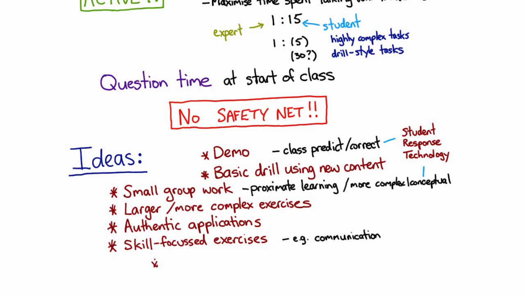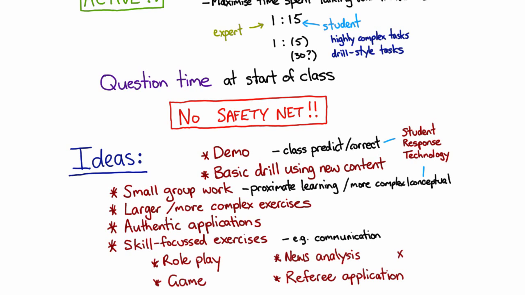You could have a role play, you could design a game, you could have students analyze news reports. You could have them referee an application. You could try a 2-stage exam, which starts off exactly like a mid-semester exam where you give students an exam and they work through it and they hand that in, but then you put them together in groups of 3 and then they work through the same exam again and then they hand a group exam paper in and you give them some fraction of their solo mark and some fraction of their group mark. And that turns out to have a lot of good learning effects as well as give you some good summative